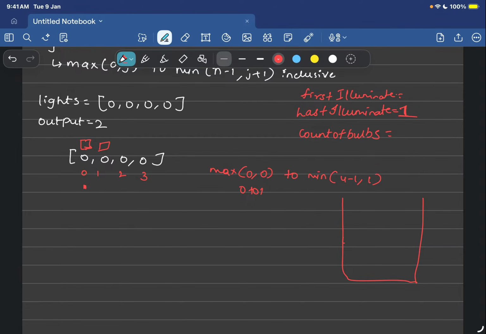So for now there is no light anymore. So for 1 we'll make it false. For 2 you have false. For 3 you have false. First it checks whether 0 is illuminated. So it is not. Make it